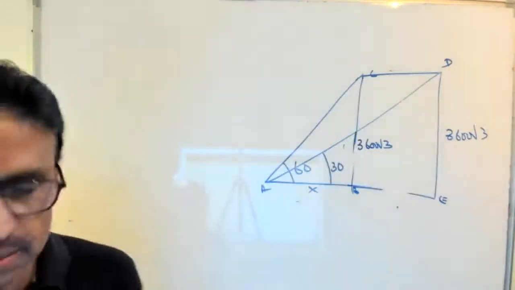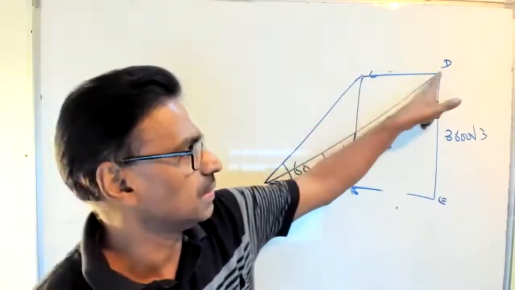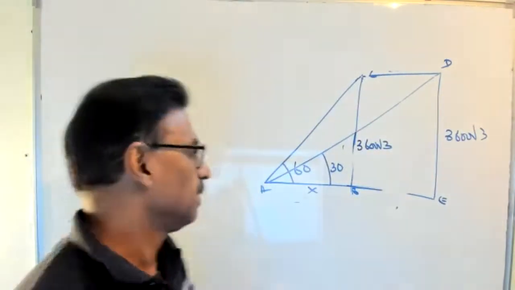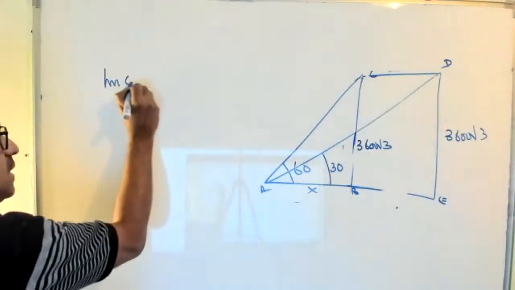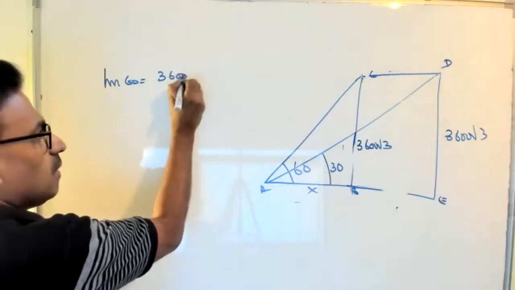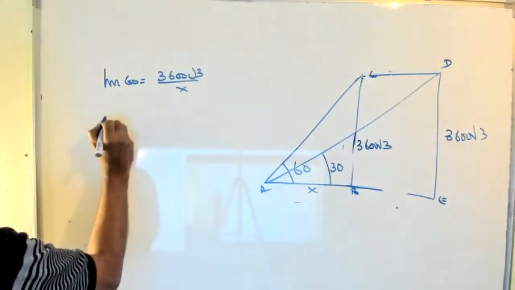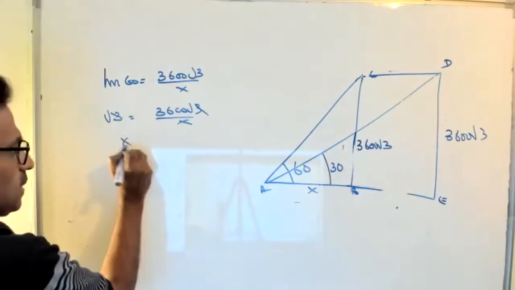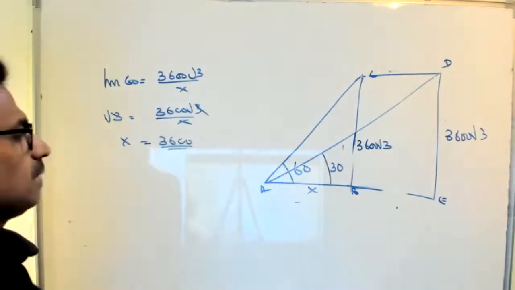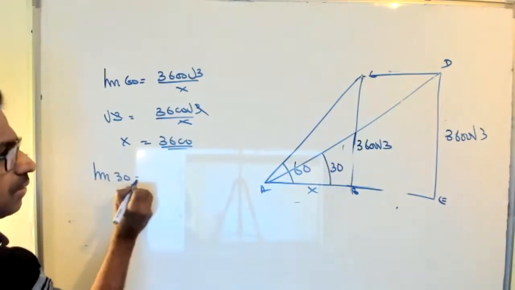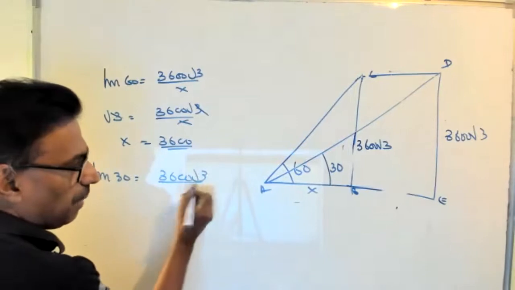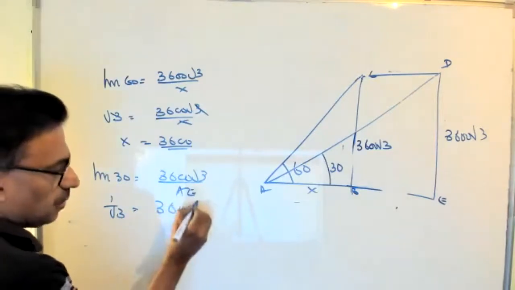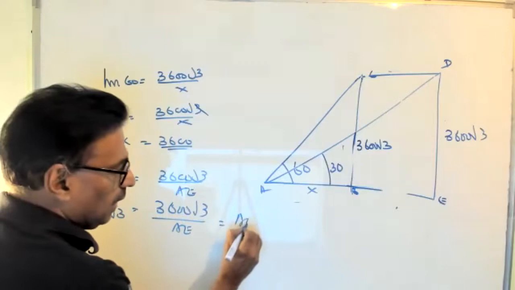My idea is you will calculate this distance CD, that means BE, then divide by time. So here tan 60 equals 3,600 root 3 divided by x. So root 3 equals 3,600 root 3 by x, x equals 3,600. Then tan 30 equals 3,600 root 3 divided by AE. So 1 by root 3 equals 3,600 root 3 divided by AE. So AE equals